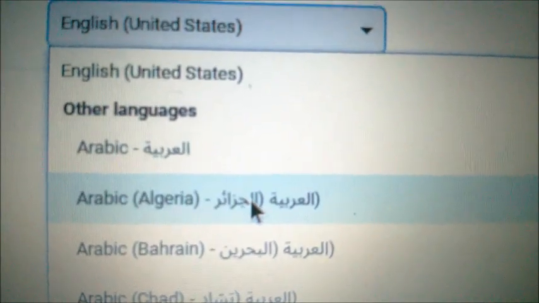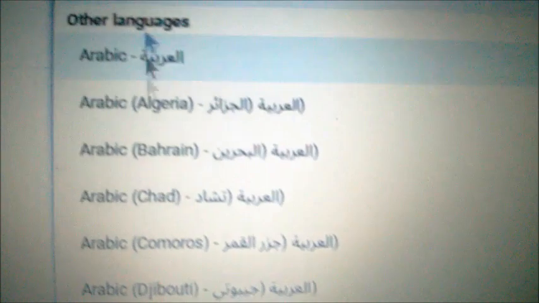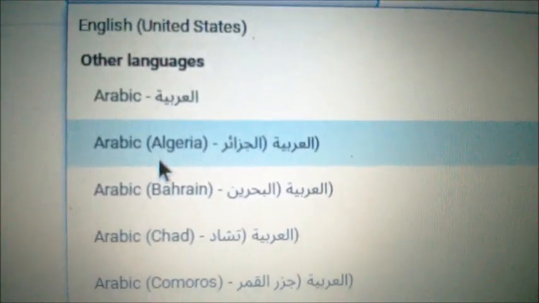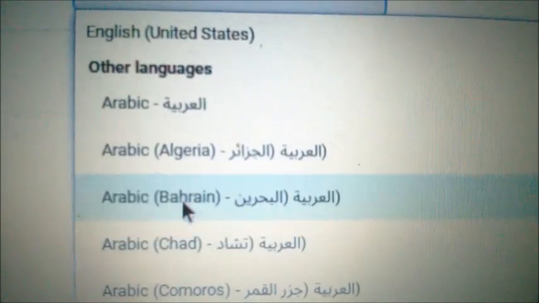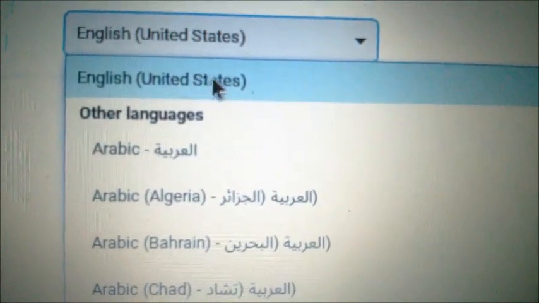if you select something like Arabic and you don't speak Arabic, then all these settings will be written in Arabic. So basically you will no longer perhaps find another language. It's difficult to understand which one is another language. Always go back to the top. You may find English at the very, very top.